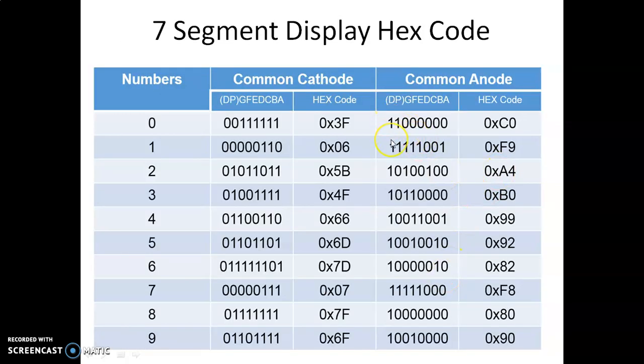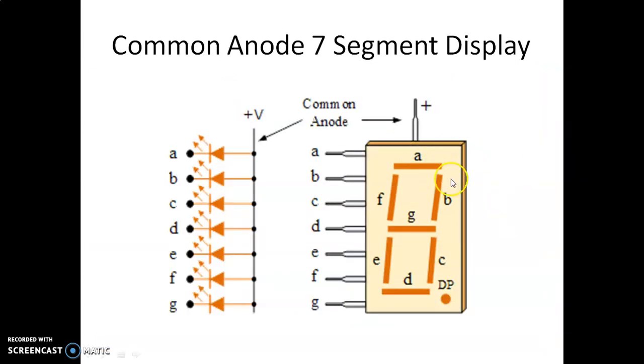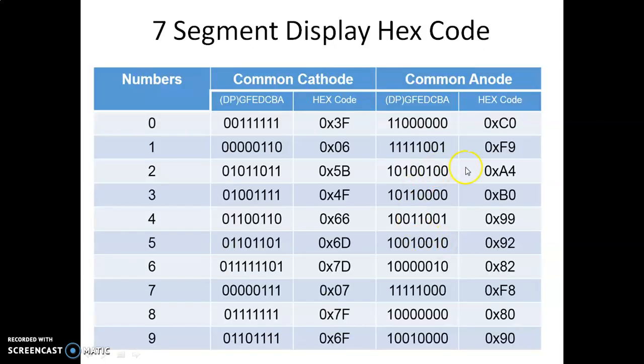These are 1 1. In case of 1, we need to display 1 on the common anode. So VCC is given to the common, and a segment will glow when we connect that segment to the ground. So that is a 0. Okay, this is the common anode. So we need to connect 0 to those segments: 1 0 0 1 1 1 1 1. So we are getting this value, F9H. Okay, so in this way this is applicable to all.